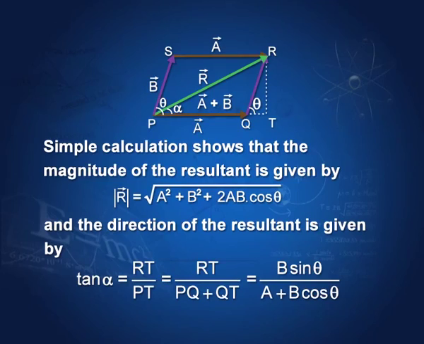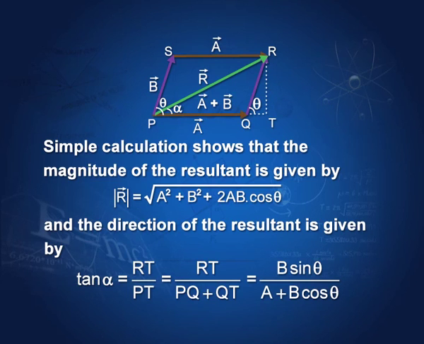We have vector a, then we have vector b, we complete the parallelogram by drawing the vector b here and vector a there on the top, and then the vector from p to r is the resultant or the sum of vectors a and b. And then to complete this construction, we draw a perpendicular from r onto the base r t and extend p